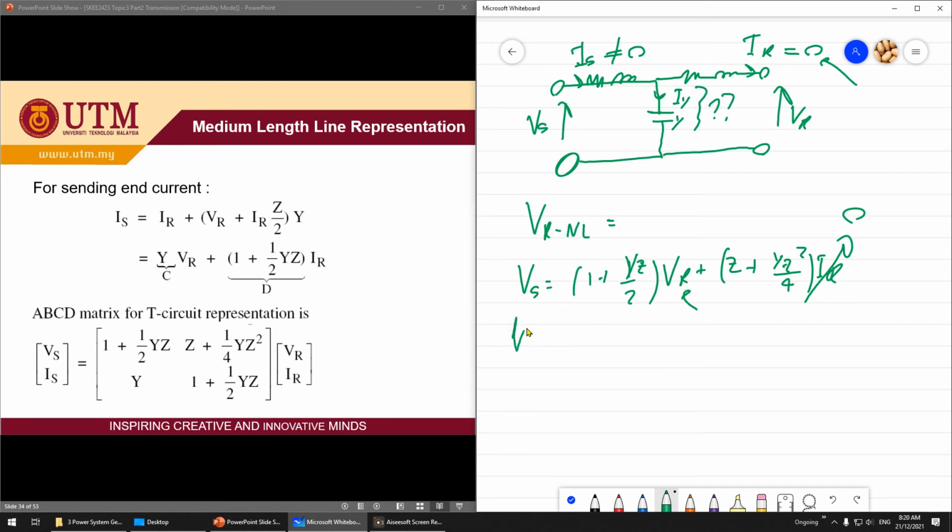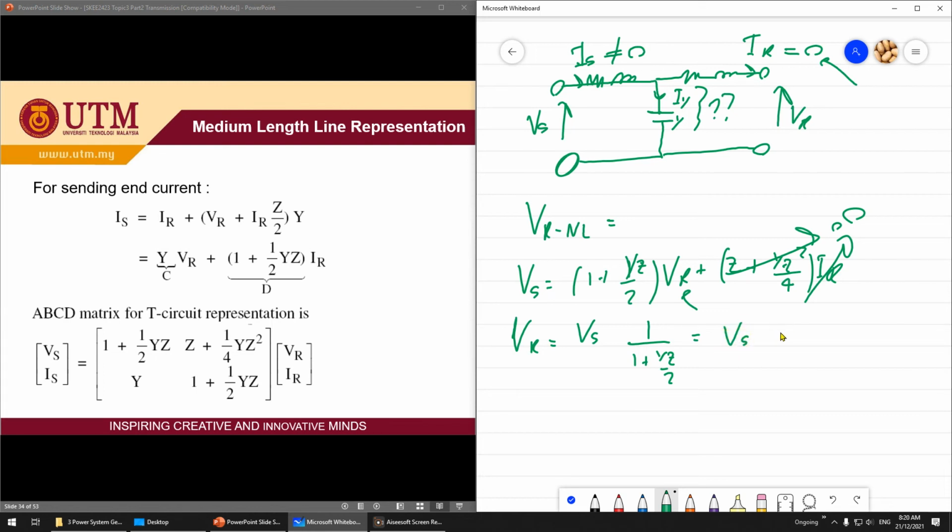So VR is equal to, from this, this one is also equal to 0, because anything multiplied by 0 is equal to 0. So Vs is 1 divided by 1 plus yz divided by 2, or you can simplify this more,